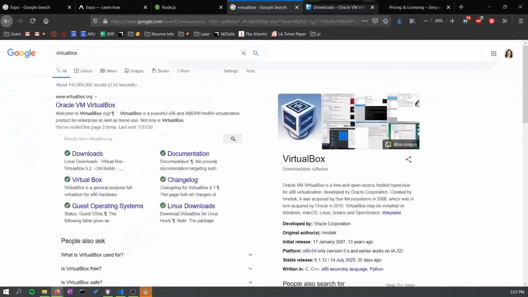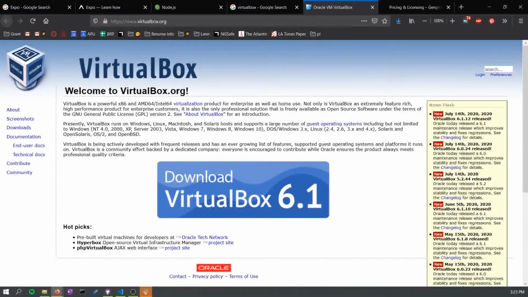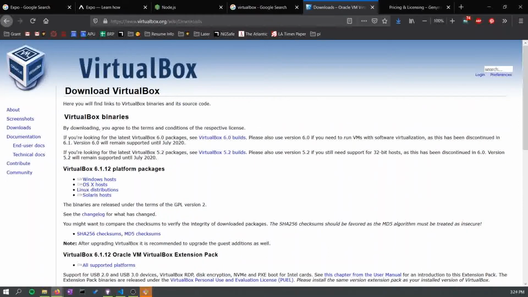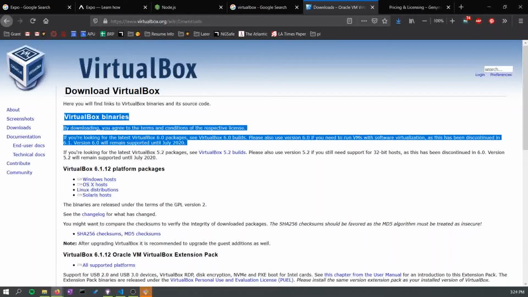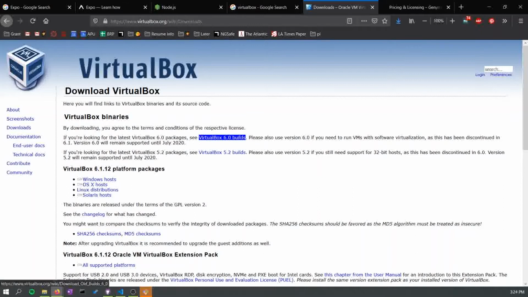So again, let me help you see this again. We're going to search VirtualBox, go to the very first link, and then instead of clicking this big blue button that says download, you don't want 6.1. We're going to go to downloads, and there's so much text here, very bad, but we're going to go to these first 4 lines, and on the third line it says, if you're looking for the latest VirtualBox 6.0 packages, see VirtualBox 6.0 builds. So we're going to click this handy dandy link right there,